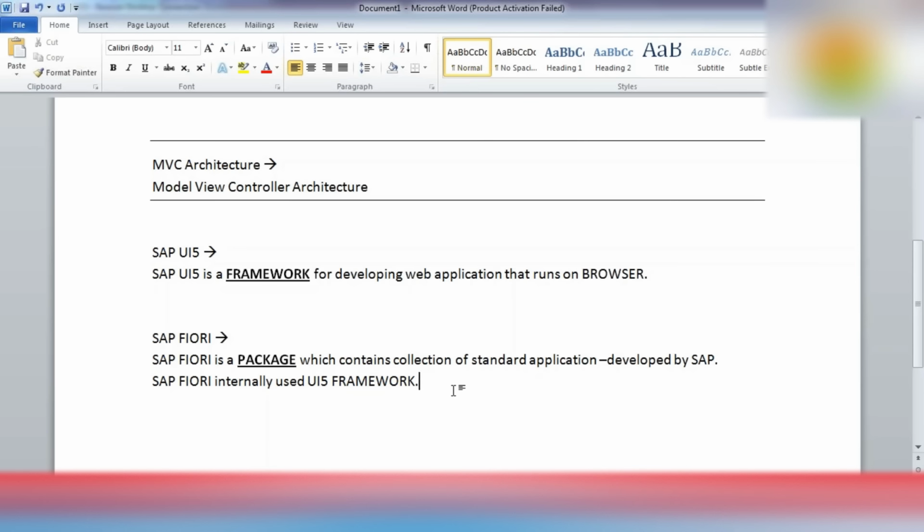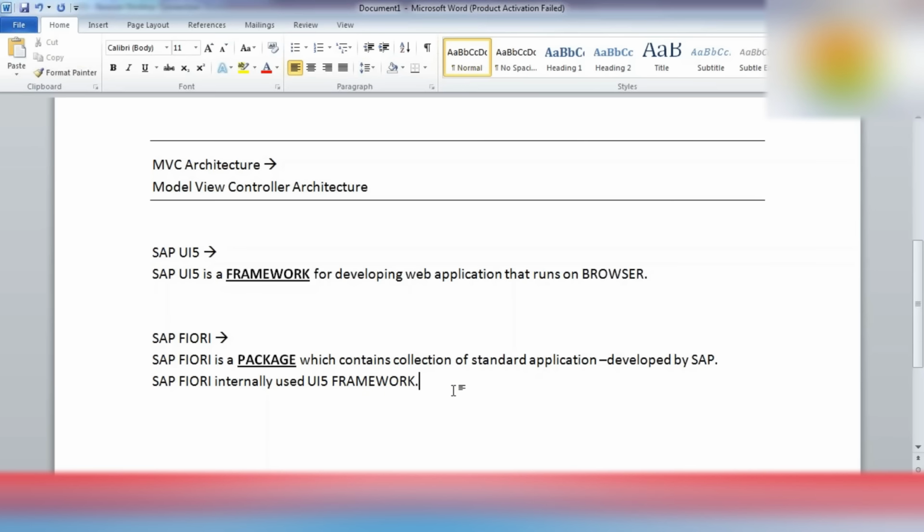SAP has already delivered the standard T-codes. Whenever we require, as per our client requirement, we generally do some modifications, some enhancements on the standard applications.